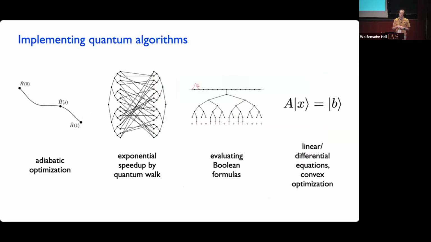So I just want to mention those briefly. One is that these tools can be useful for implementing other kinds of quantum algorithms for problems that maybe have nothing to do with physics, or that don't have an obvious connection to physics. There are a bunch of quantum algorithms that have been developed, for example, for evaluating Boolean formulas, or for getting some kind of quantum description of the solution of a large system of linear equations, or other kinds of problems where the problem itself is not inherently quantum mechanical, but there's a way of describing the problem in terms of some Hamiltonian dynamics, and by simulating those dynamics, you can find a solution of the problem. So this is another application of Hamiltonian simulation.